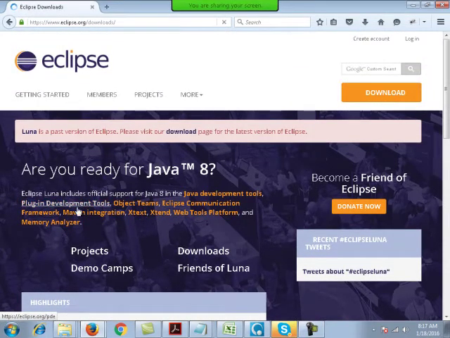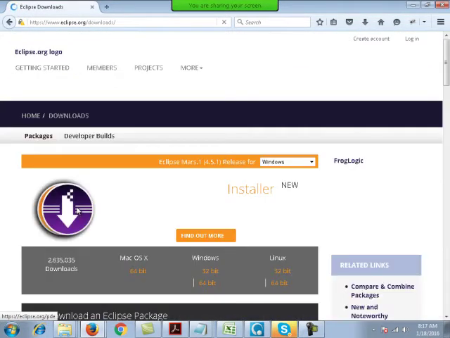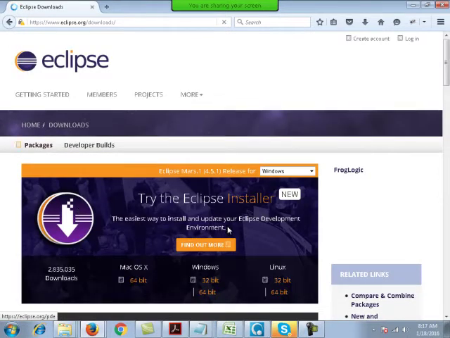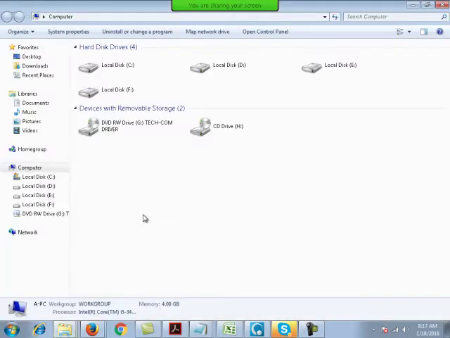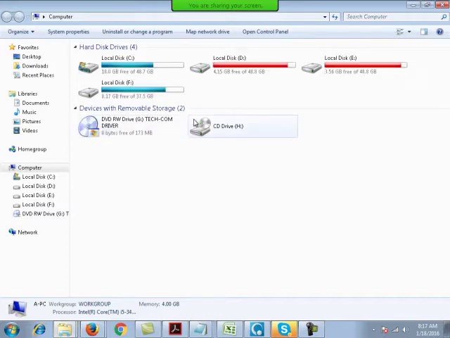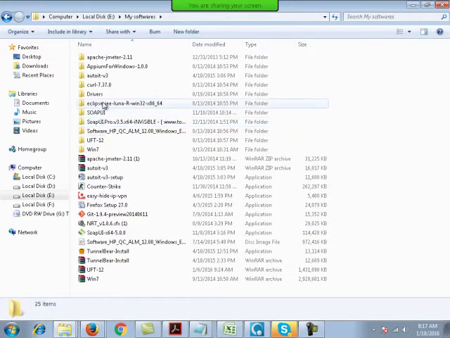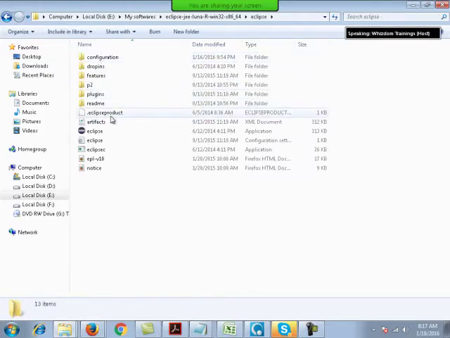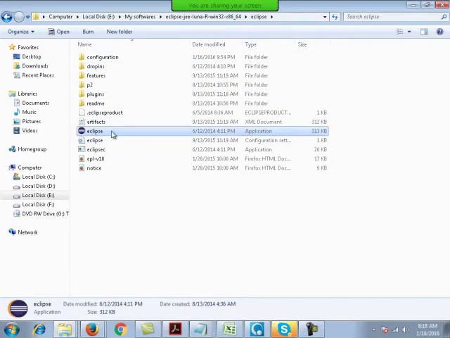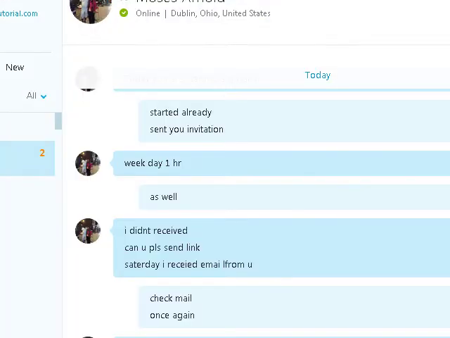It comes as a bundle. You don't need to install it. Once you have downloaded it, you just go to your PC, find Eclipse, and you will have this application file. Start Eclipse from there. You don't need to install it.